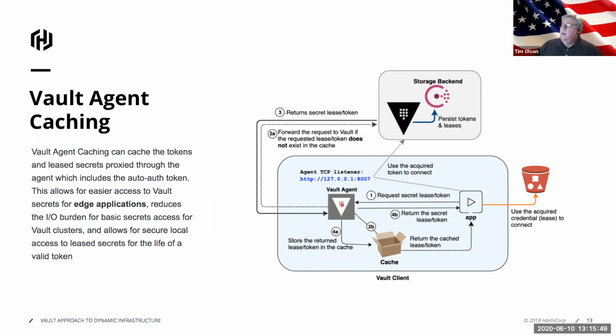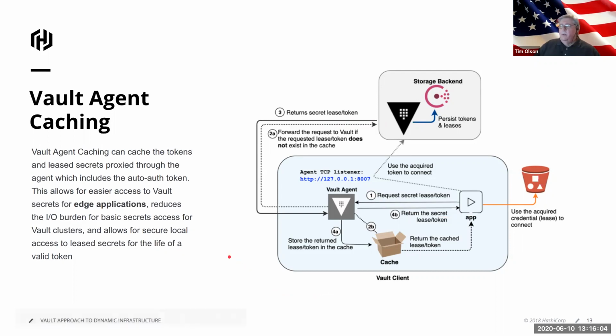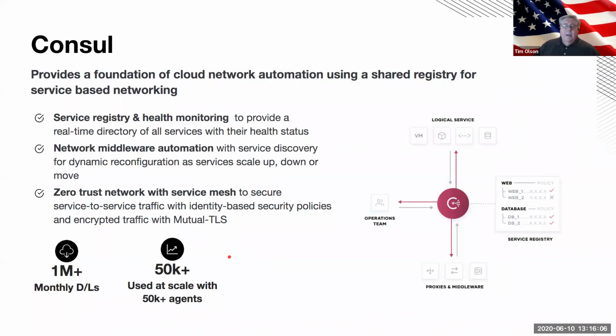The Vault agent is running here on the client side, and if it exists in the cache, it returns it immediately to the application. If not, the Vault agent will go out to the server, pull that information in, and then return that and cache the information. So this gives a really nice flexibility you'll see in action here when we go into the architecture of the